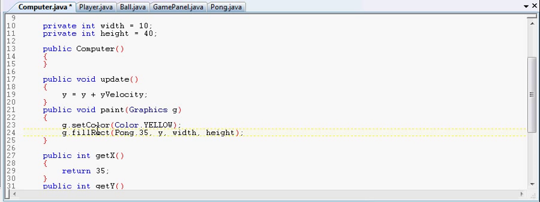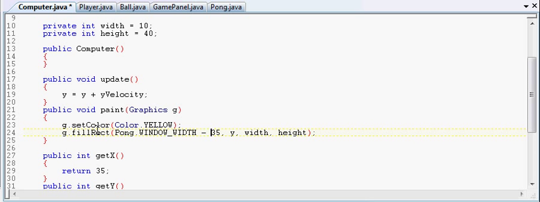I'm just changing where the computer is on the horizontal on the screen, because the player is normally 35 pixels from the left, but we want the computer to be on the other side, so we need to change that a little bit. So we want it to be the same as that, so minus